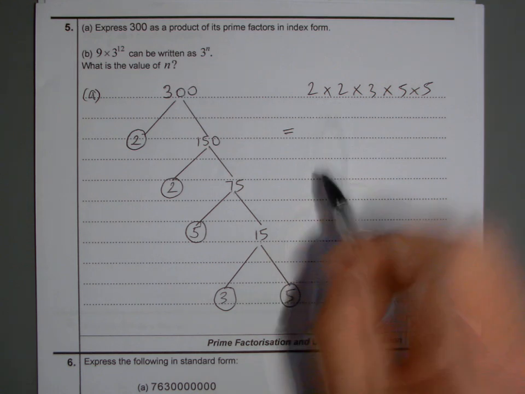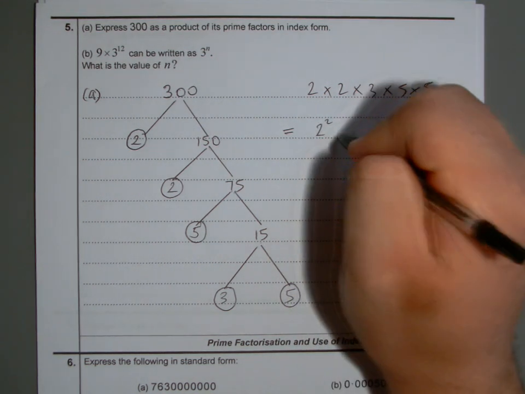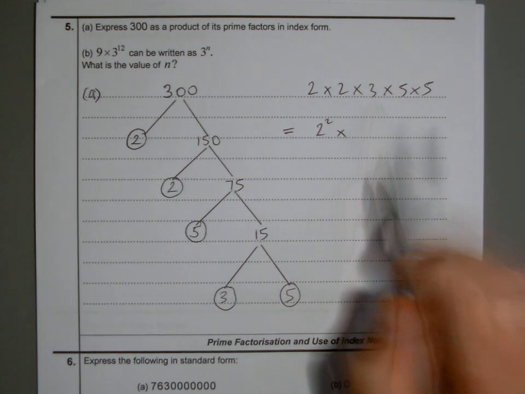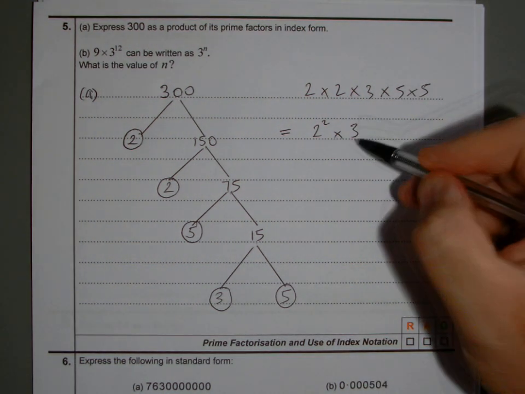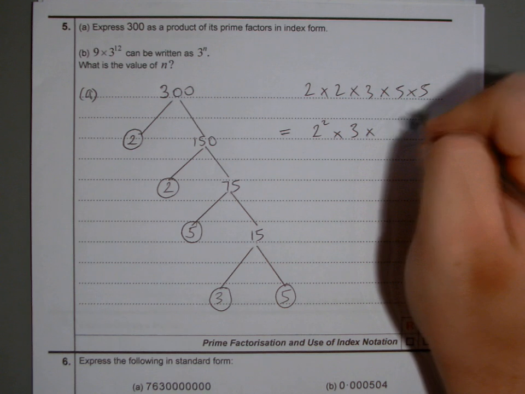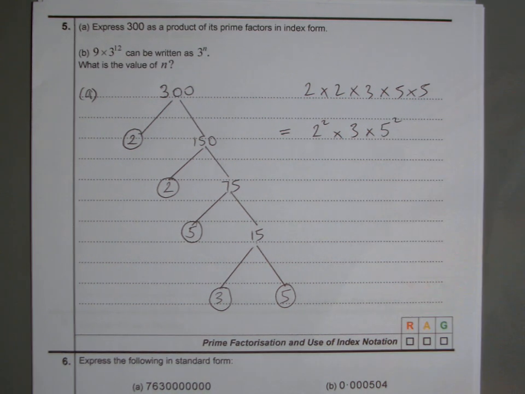Because we've got 2 lots of 2, that'll be 2 to the power 2. We've just got a single 3, so we just write that as 3. You don't have to put 1 as a power there, just leave it as 3. And then 5 times 5 is 5 squared. So that's part A answered. We've written it in index form. With part B,